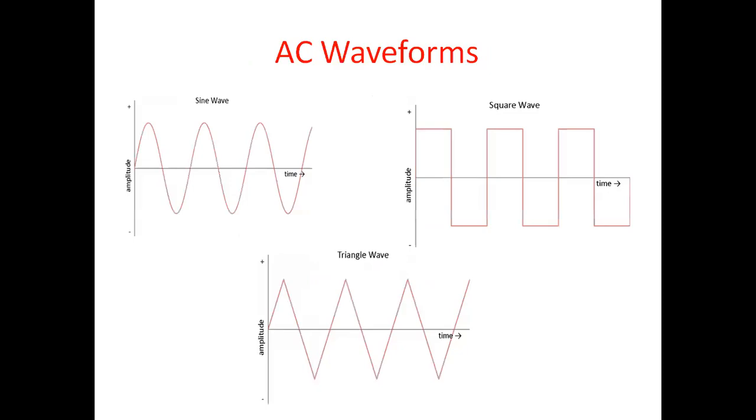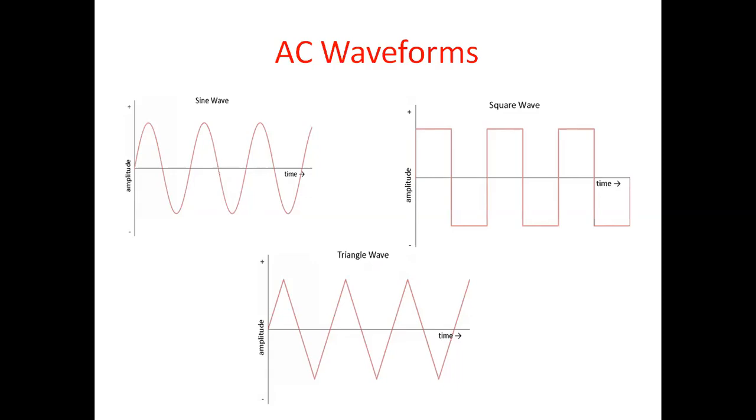Next point is different types of AC waveforms. The alternating current can come in a number of forms as long as the voltage and current are alternating. If we see with the oscilloscope a particular circuit with alternating current and plot its voltage over time, we can see a number of different types of waveforms.